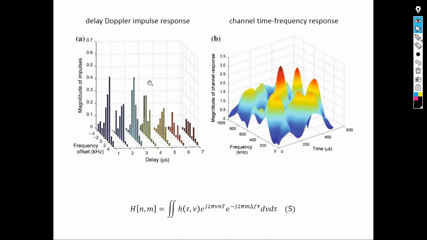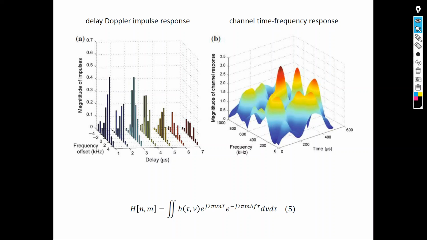Now this is the channel in the delay Doppler domain. Basically, each tap here, each column, represents the reflection from a specific object with a certain distance and a certain Doppler, a certain speed. And as you can see, this is tap 1, tap 2, tap 3, 4, 5. We have 7 taps, and we have different Dopplers. At each tap, we are receiving the same signal at different